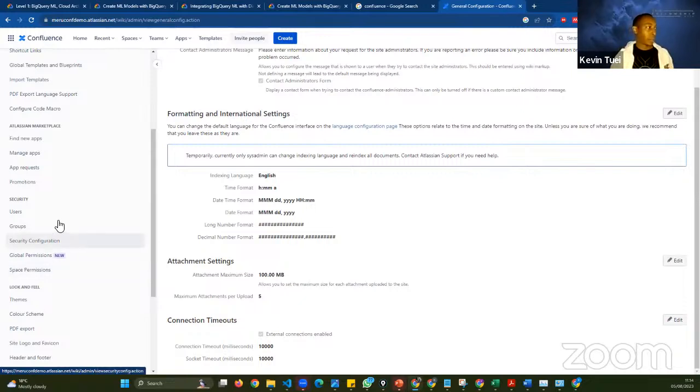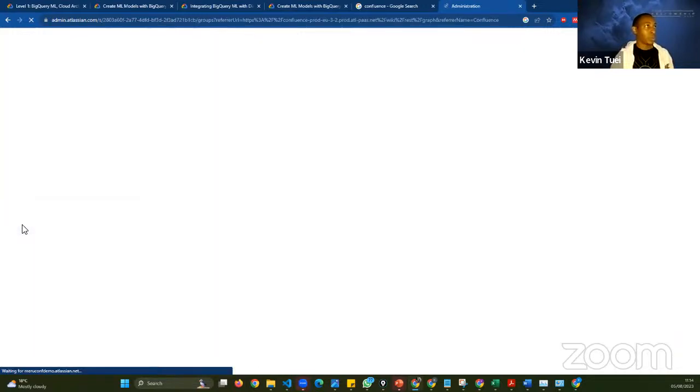So you can see you can do groups. That's a good starting point. If you want all administrators to be in a certain particular group,